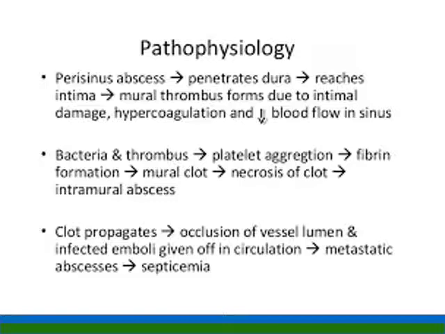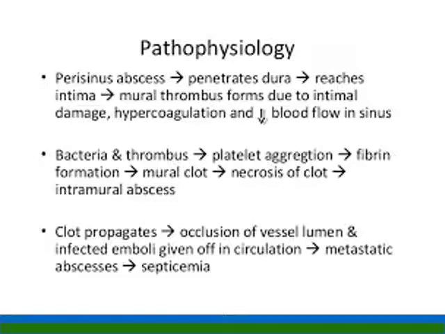And this bacteria and thrombus, along with the platelet aggregation and fibrin formation, there will be formation of the mural clot. There is a very big clot, and after that, due to necrosis of the clot, it causes formation of the intraluminal abscess. Okay, and then after that, it will occlude the whole lumen of the vessel, and that thrombus may give off from that,